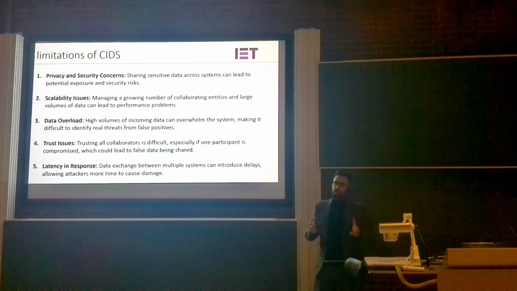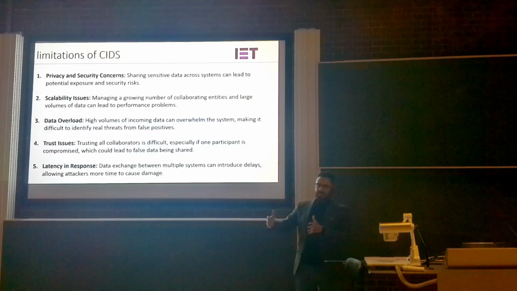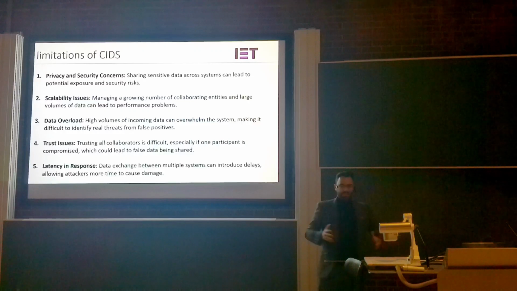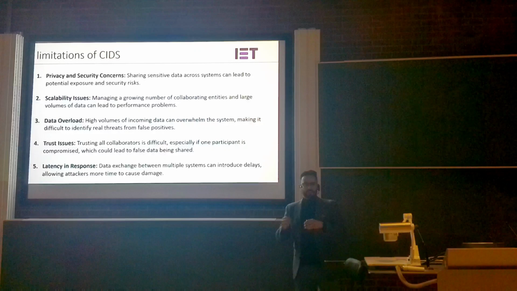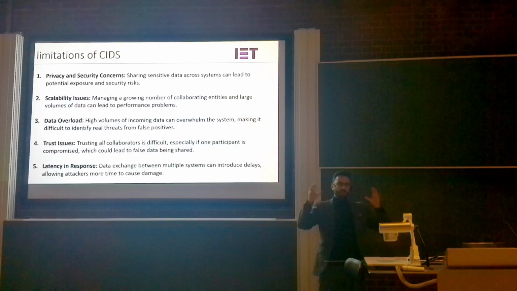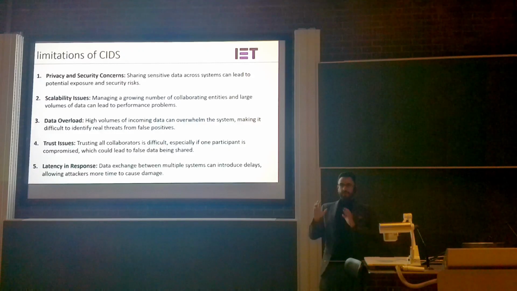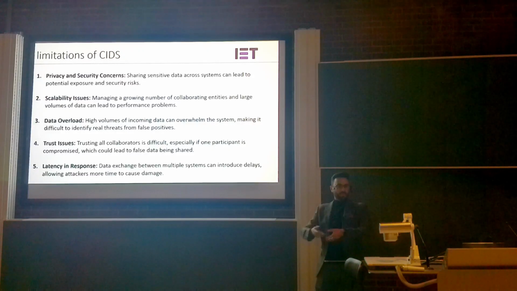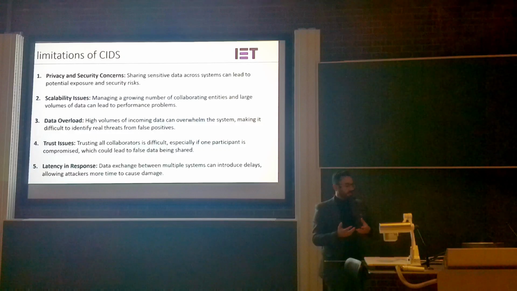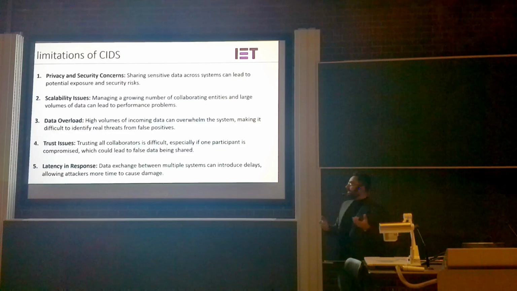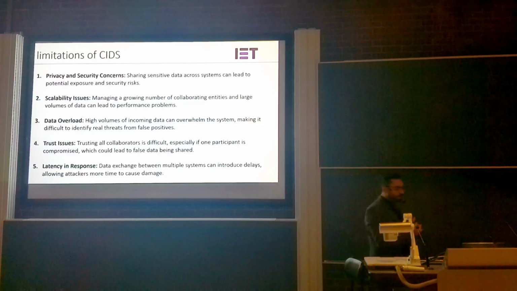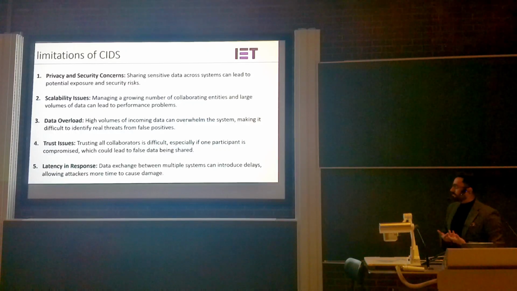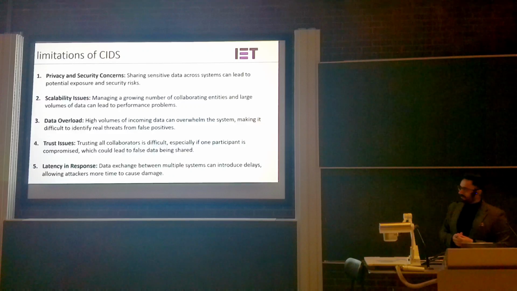So if you think about it, for example, like a city center, and then at the edge of the city center. At the city center, there could be more IoT devices connected to the network, but at the edge, there are fewer. So if you have two distributed intrusion detection systems, one could be more overloaded with requests, and the other one could be more idle. So the scalability at one place could be an issue if we need to have that collaborative AI or collaborative